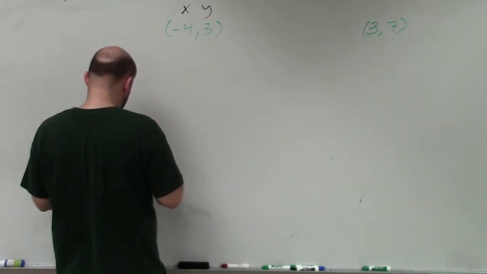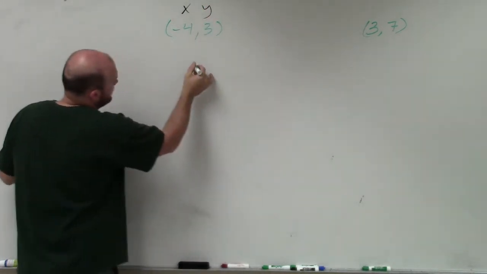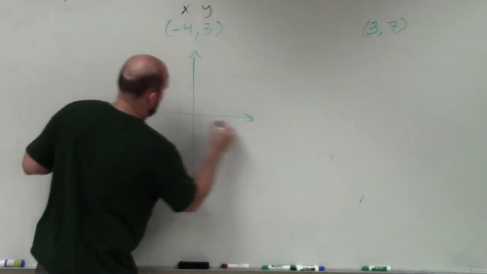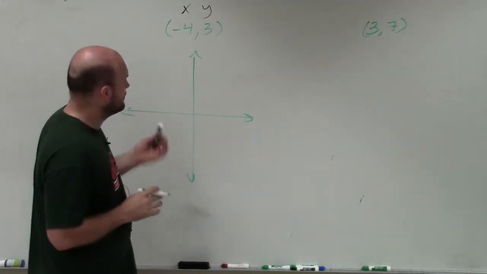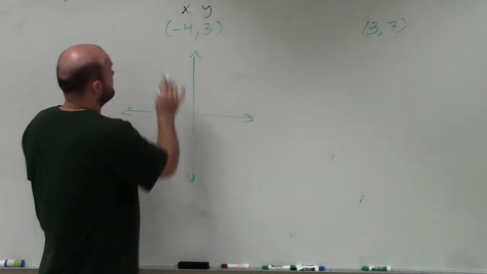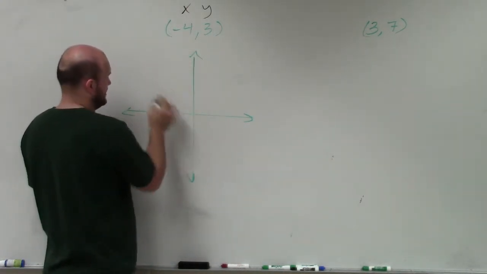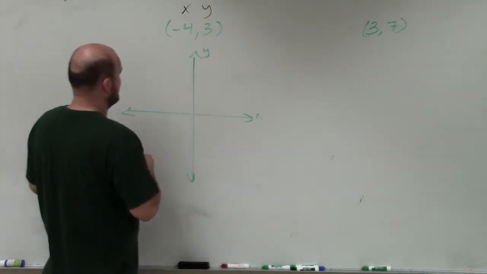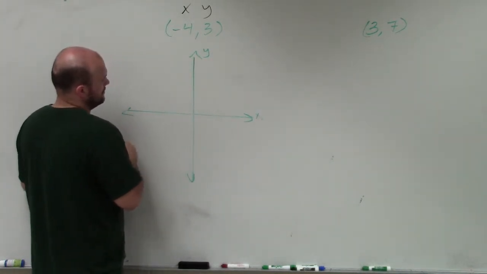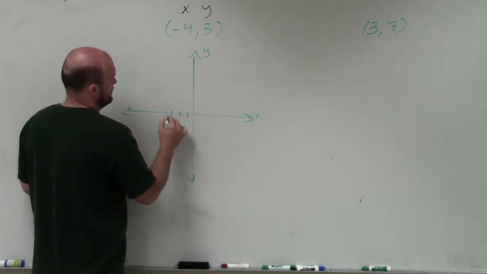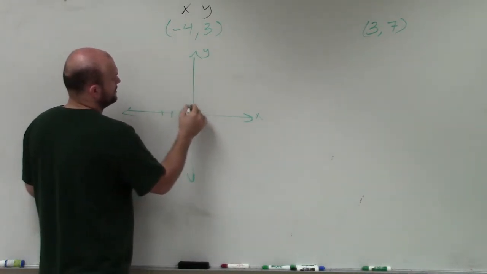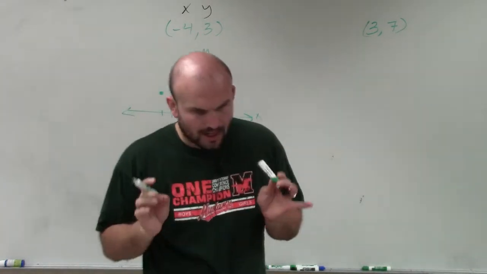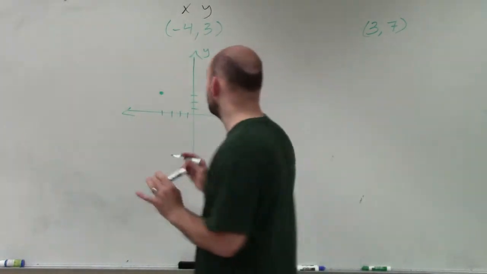If I was going to plot this, I'm going to need an x and a y axis. When creating my x and y axis, remember -4 tells me to go to the left. Here's my x-axis, here's my y-axis. So this tells me 4 units to the left: 1, 2, 3, 4. And then up 3 units: 1, 2, 3. Now, remember, this is a